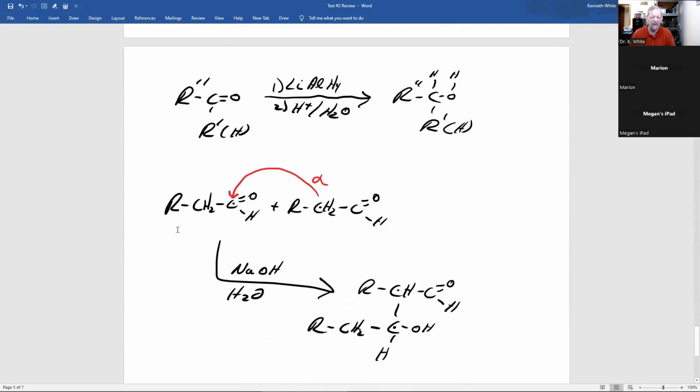And H.C. Brown of Purdue came up with this at the end of World War II. He did this, and later on he got the Nobel Prize for it. If you take lithium aluminum hydride, second step acid and water, it's the same thing. You break the pi bond, and each atom of the carbonyl gets a hydrogen. Now, the nice thing about lithium aluminum hydride, which I have worked with in the lab when I was doing my PhD work, is it will not attack carbon-carbon double bonds like hydrogen will.